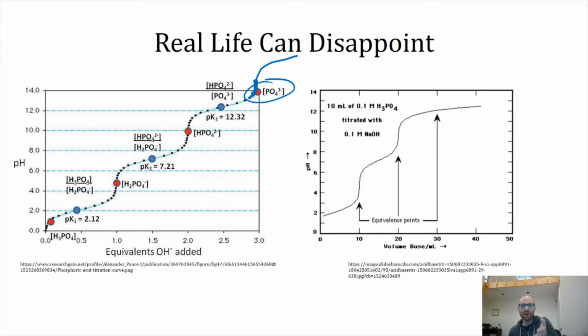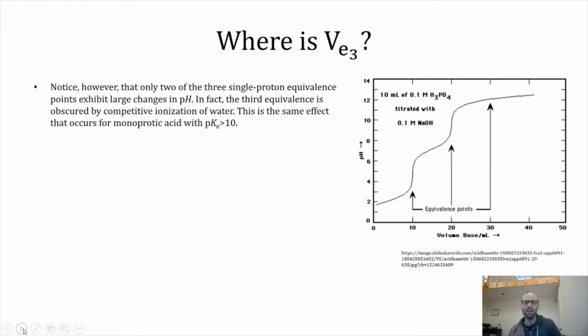It turns out that depending on your situation, you're not going to see all the equivalence points that you should. Now, why is that though? I want to dig in a little bit more to that graph and then talk a little bit about other graphs. And the reason is that the pKa is too large, and keeping in mind that